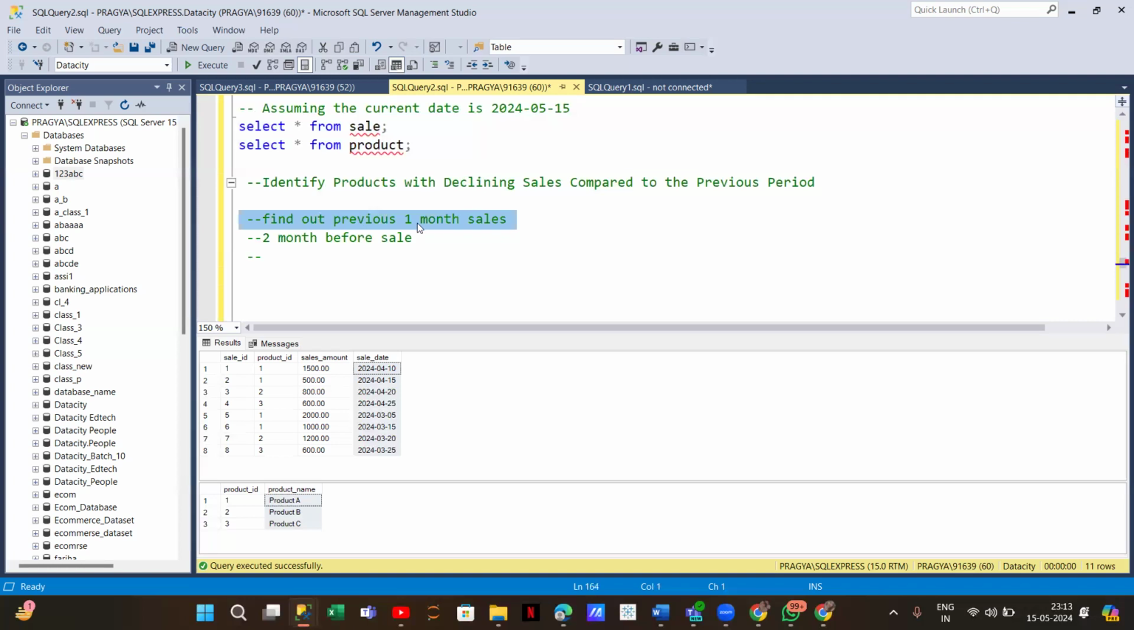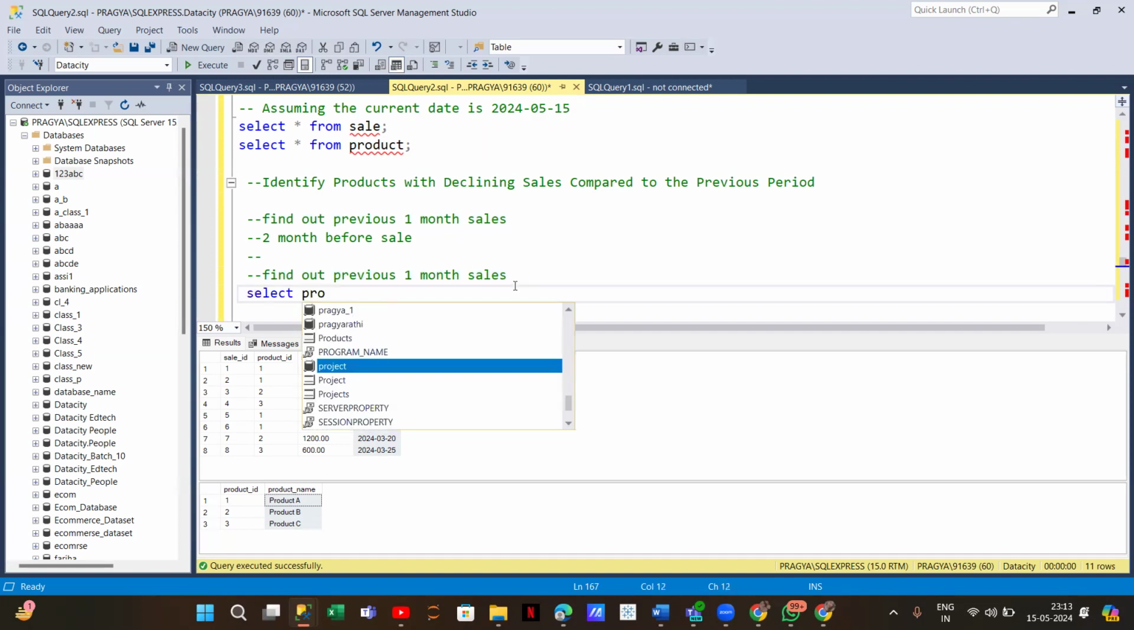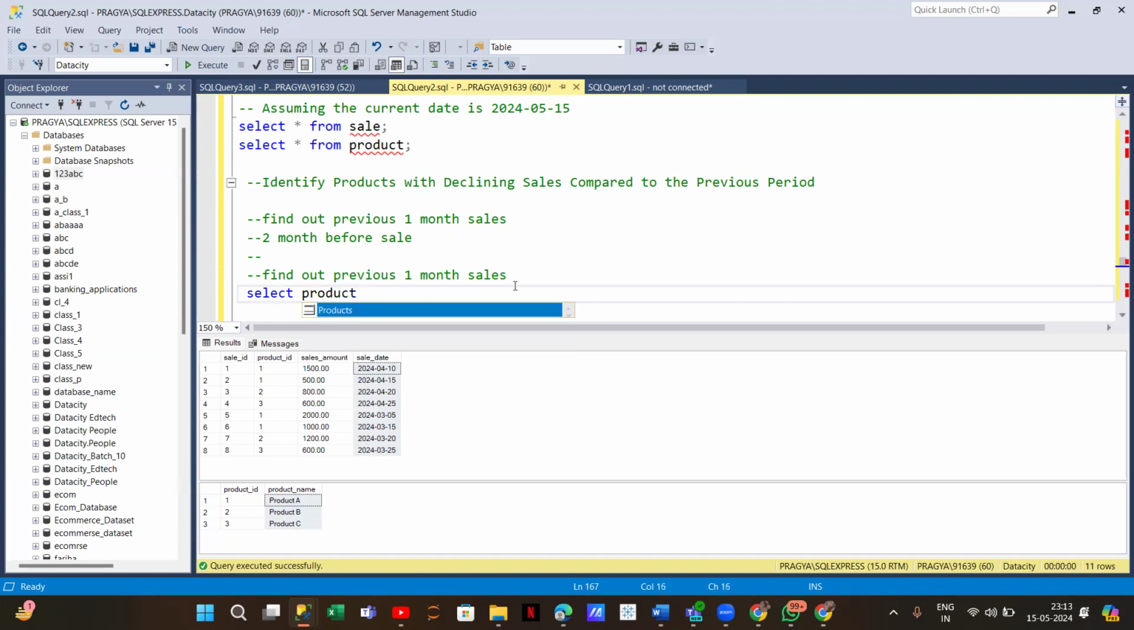As I told you, first we want to find out the sales for 1 month before my 1 month. So how can I find out? I will write that I want to have the product ID and then the sum of sales amount, because you can see that one product is repeating multiple times. So I want to have the sum of that. Then only can I compare the things. From my table, sale,